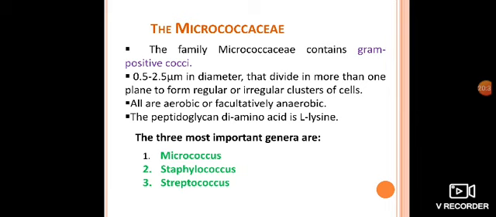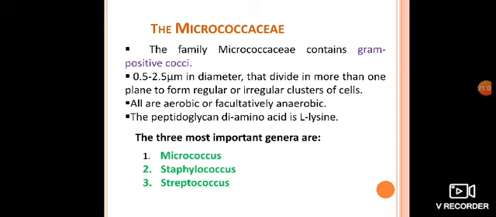Up till now we identified bacteria on the basis of size and shape, but these gram-positive bacteria are quite difficult. They may be available in a proper plane or in an irregular cluster. So on the basis of size and shape, we can't identify gram-positive cocci. For more identification, we are going toward the next point.